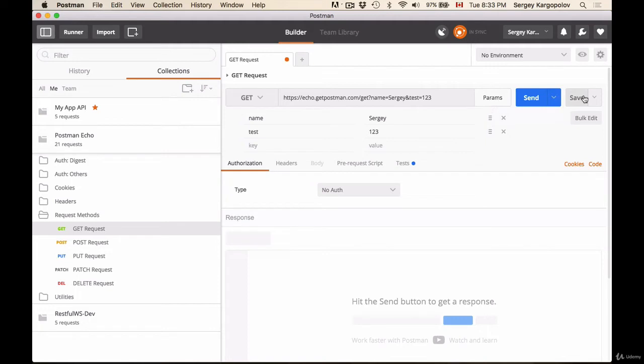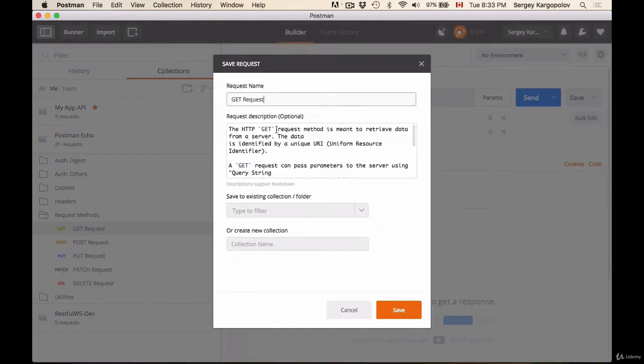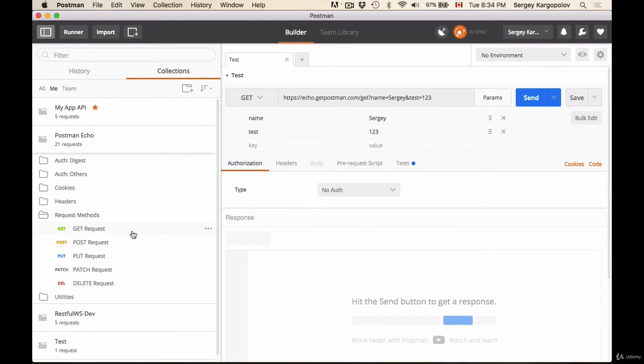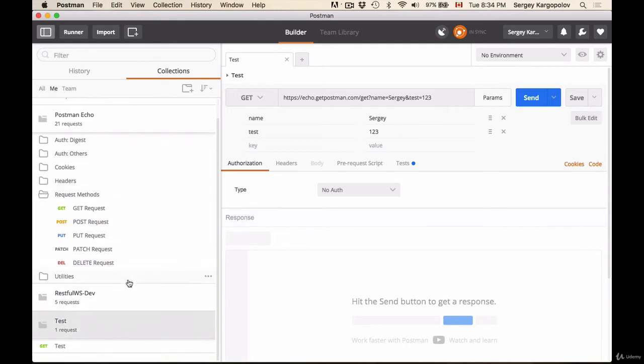If we save this HTTP request, it will invite us to create a new collection. So for example, I can Save As, or because this one is existing, if I click on Save, it will overwrite the existing request. But if I Save As, it will open this panel where I can choose the request name. For example, I'll choose test, and then which collection folder I would like to store it in. I can select one of the existing ones, or I can create a new one, for example, test. And then I click on Save, and here I have a new collection with only one HTTP request created. Okay, so to send this HTTP request, I simply click on the Send button,